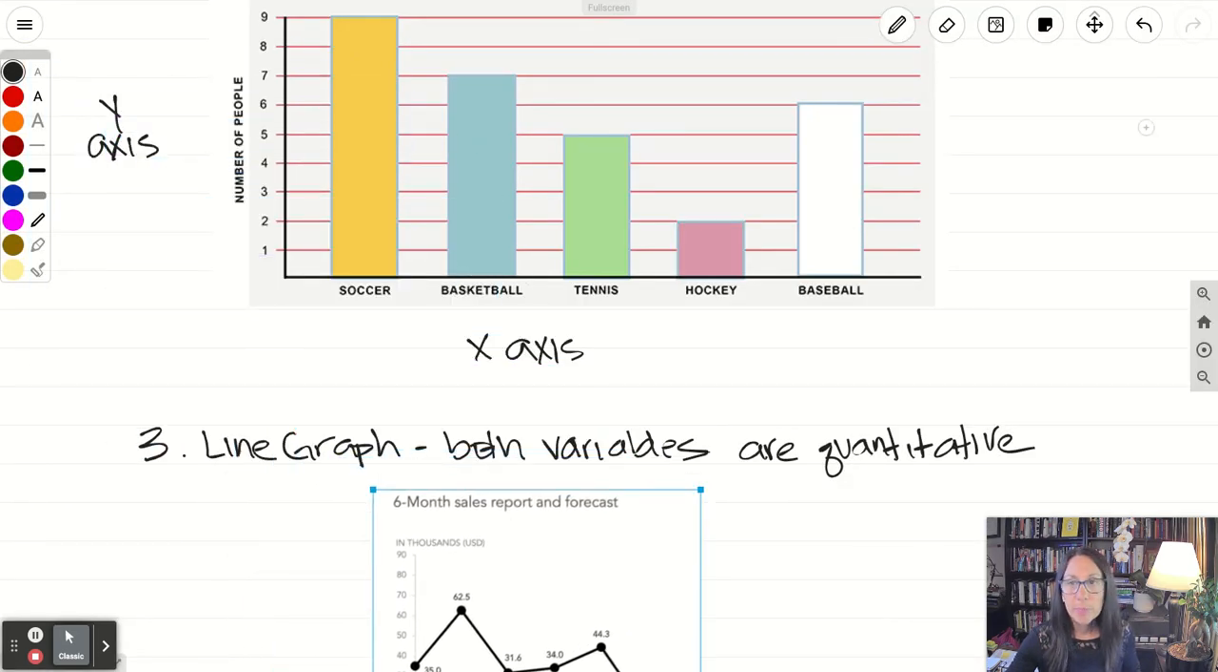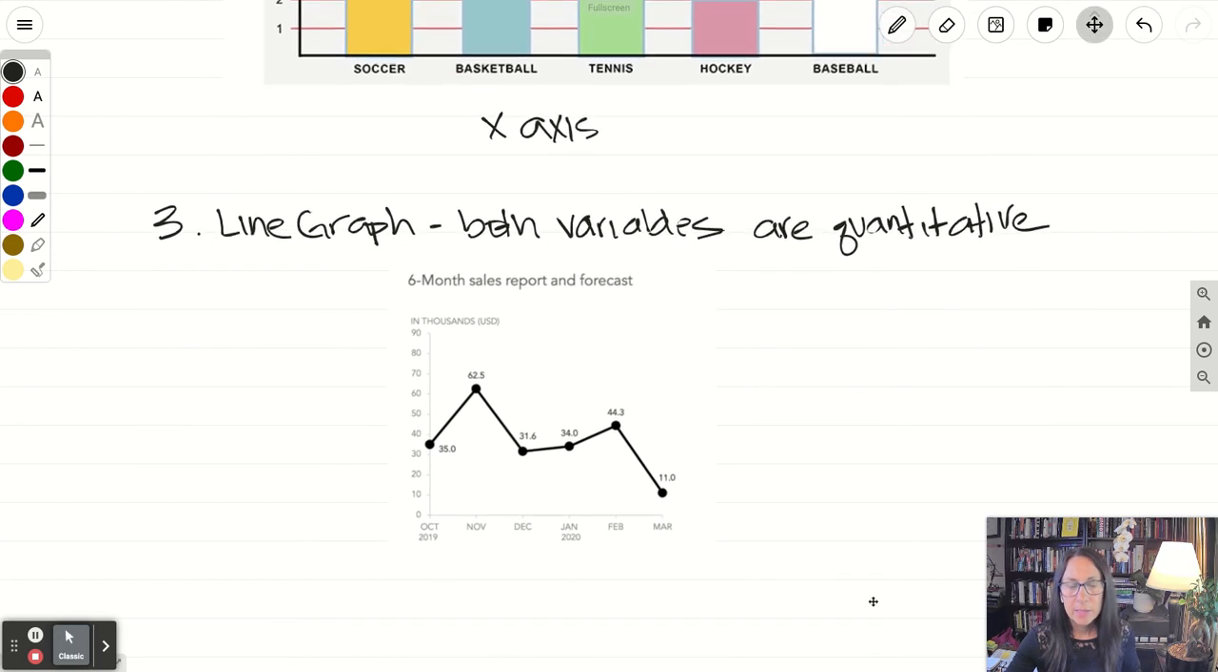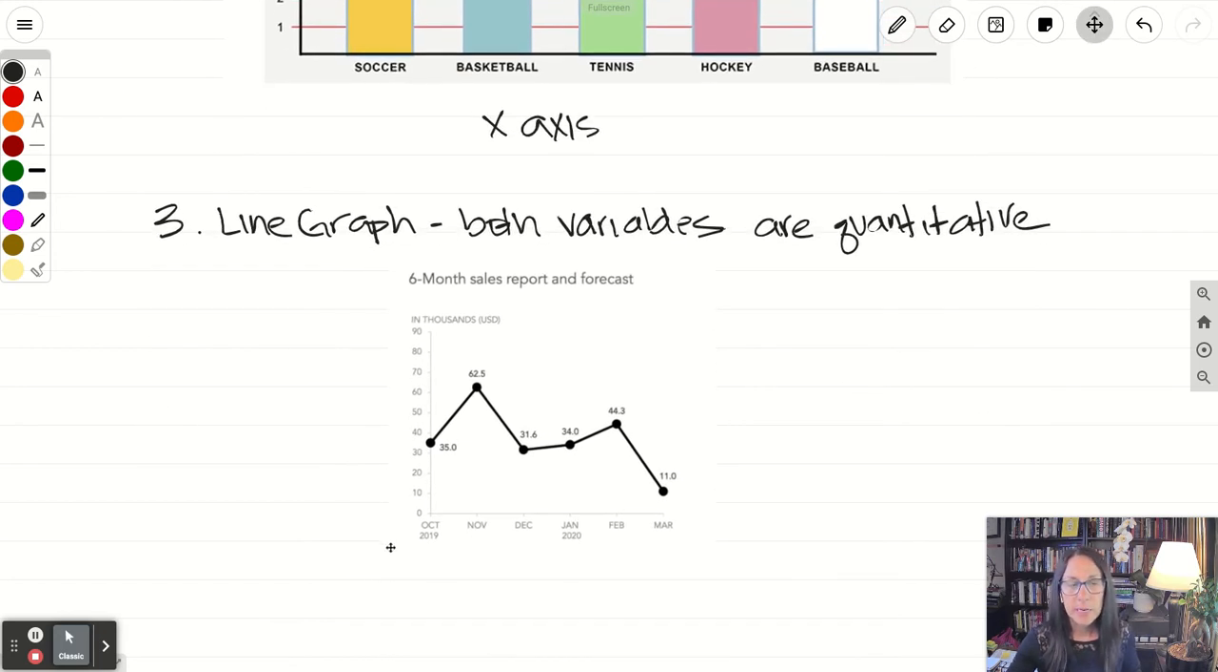And so this is a picture of a line graph. In this graph, you can see that both are numerical. Down here, it looks like it's categorical, but it's really representing time, and time is usually represented by numerical because it's in order. And so on the x-axis, we're putting the time, and on the y-axis, we're putting the amount